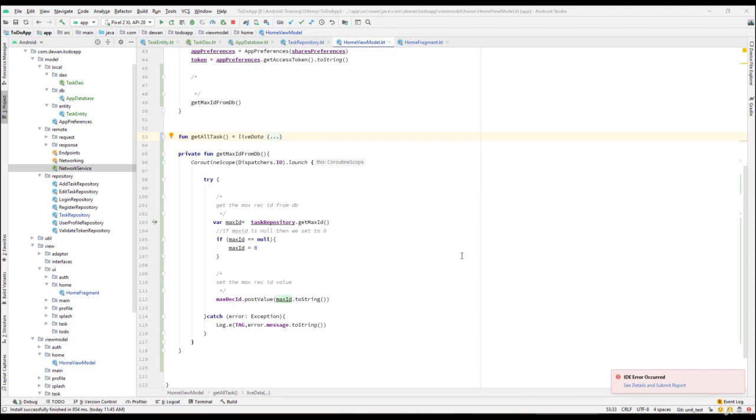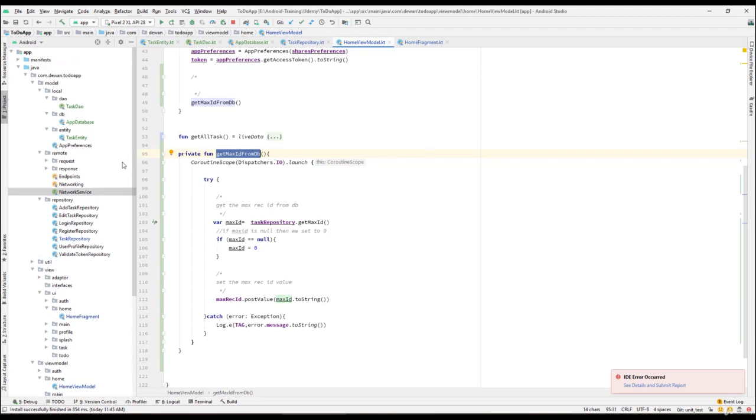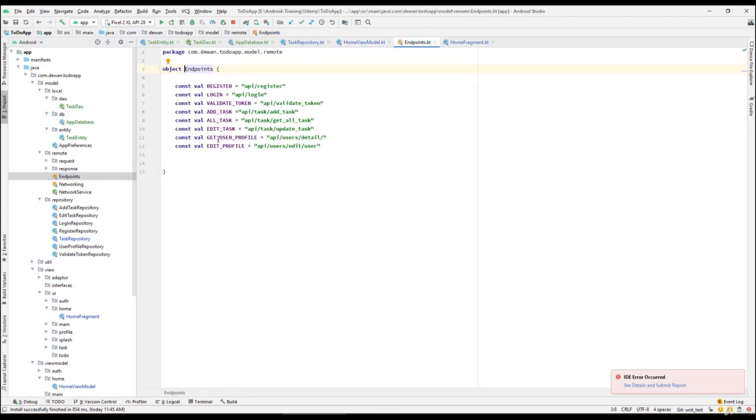Let us continue with our lesson. And so we have one functionality to get the max ID from the DB. And what we will need to do is to get the tags based on this particular max ID from our server. So what we will do is we will go to the endpoint over here and we will add a